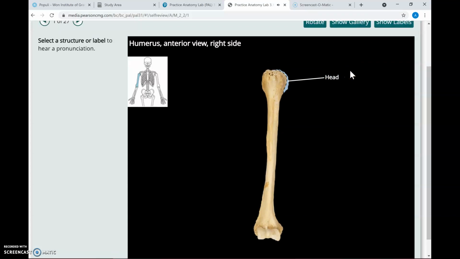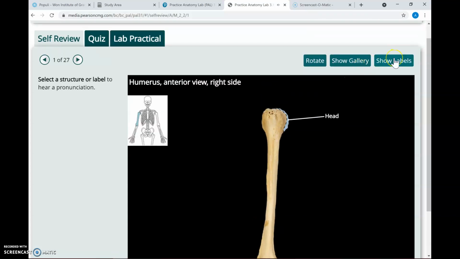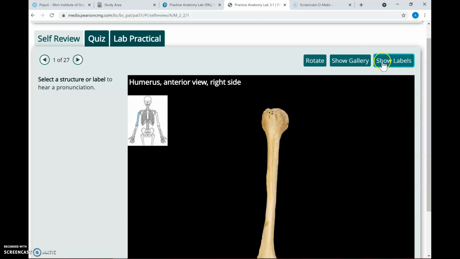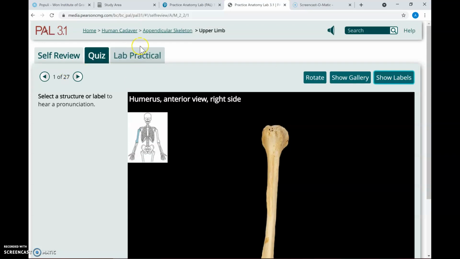Head. And if you click on it, it talks to you, y'all. You can click show labels and it does all of the labels. If you're ready to practice, you can hide the labels, things like that. You can see that there are 27 different images associated with just the upper limb. Okay. This also comes with a quiz and a lab practical as well, so you'd be able to use those